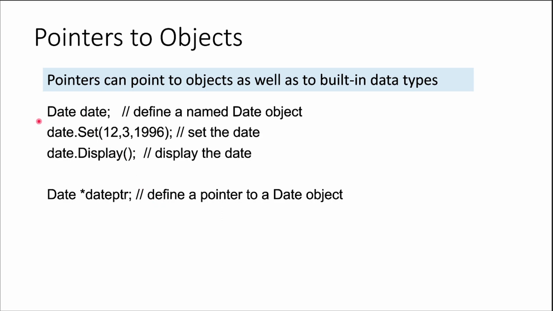So if you declare date as a regular object, then this is how we use date.set, date.display. This is how we use the member functions. Now, instead, if you declare date PTR like this, as a pointer to an object, then how do you